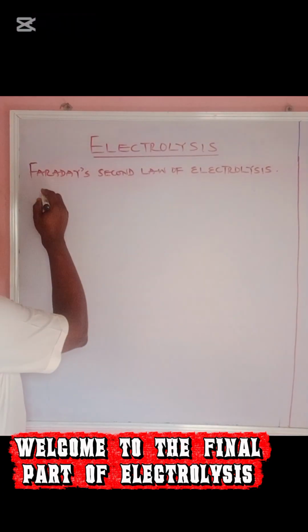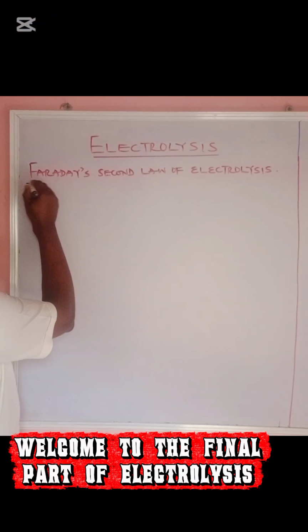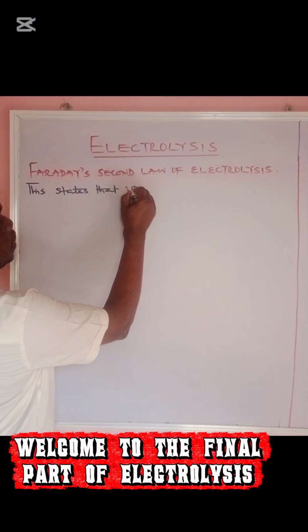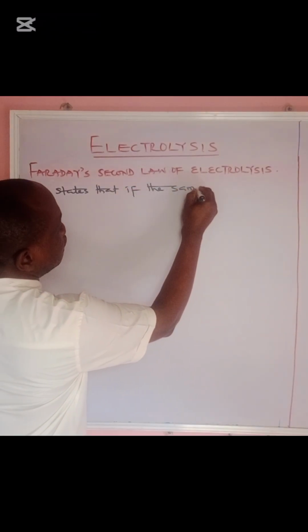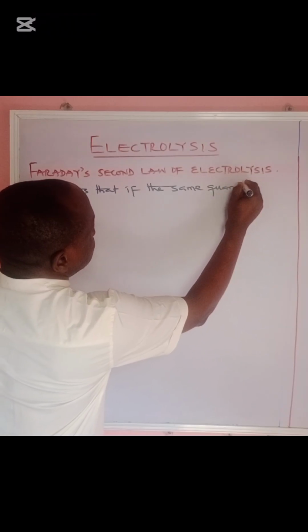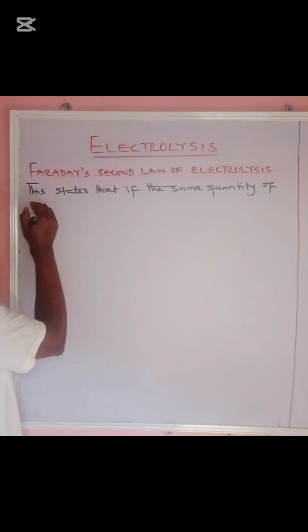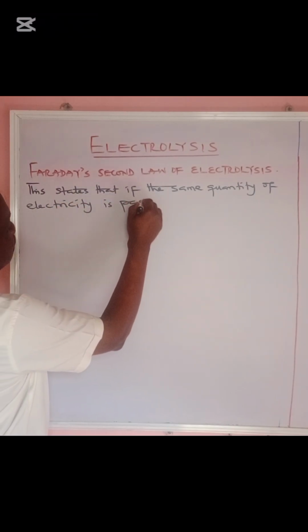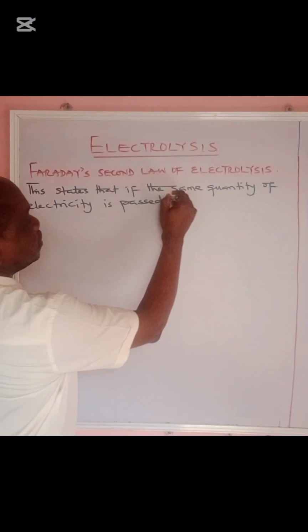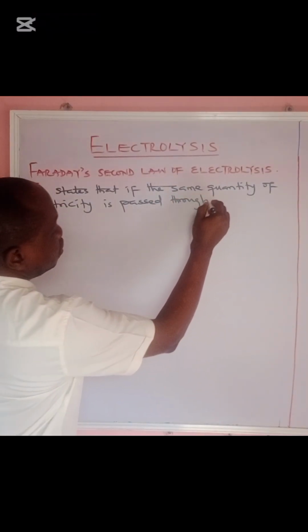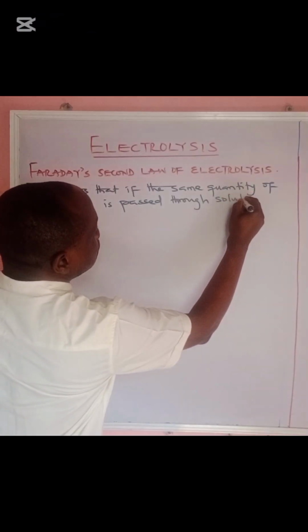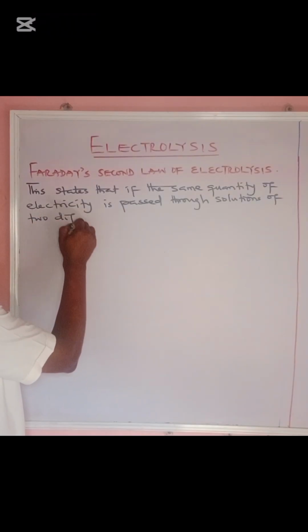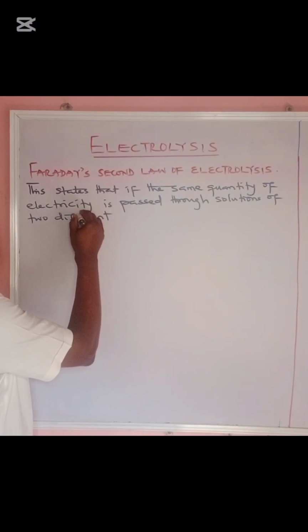So this states that if the same quantity of electricity is passed through solutions of two different electrolytes,